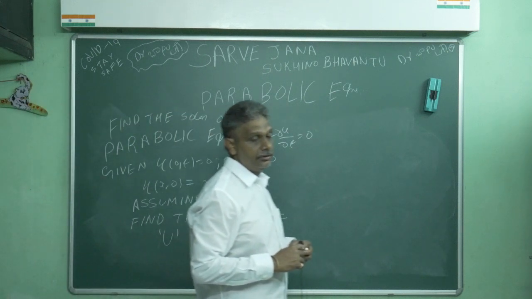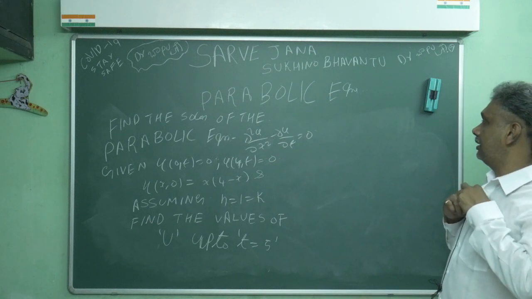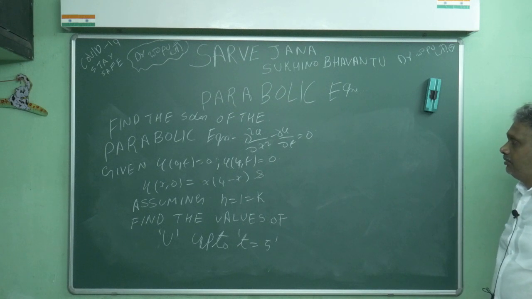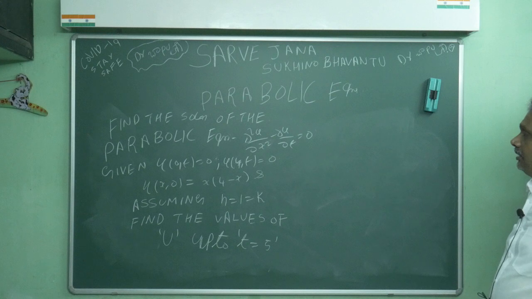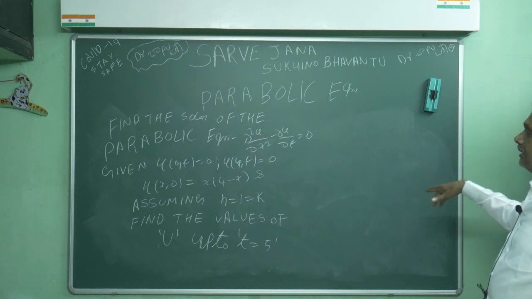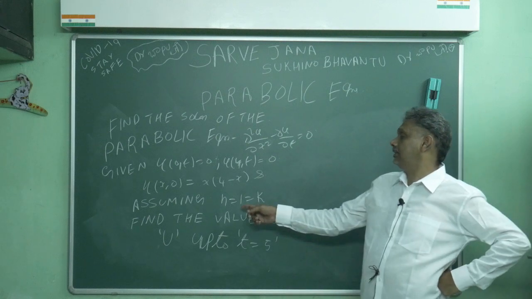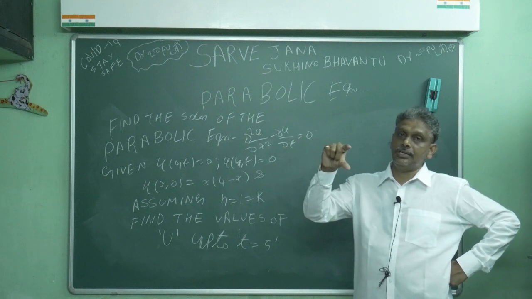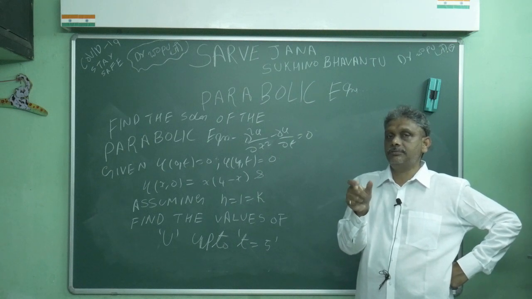See, this is a very important problem: the parabolic equation using the Schmidt method iteration. Find the solution of the parabolic equation u_xx minus u_t is equal to 0, given boundary conditions. Again, I told you, for a one-dimensional equation we require three conditions. u(0, t) = 0 and u(4, t) = 0, the starting position is 0 and the ending position is 0. On the x-axis, u(x, 0) = x(4 minus x), assuming h is equal to 1, k is equal to 1. So he is telling the mesh size: you can assume h is equal to 1, k is equal to 1, in the t direction the step is 1, in the x direction it is 1.